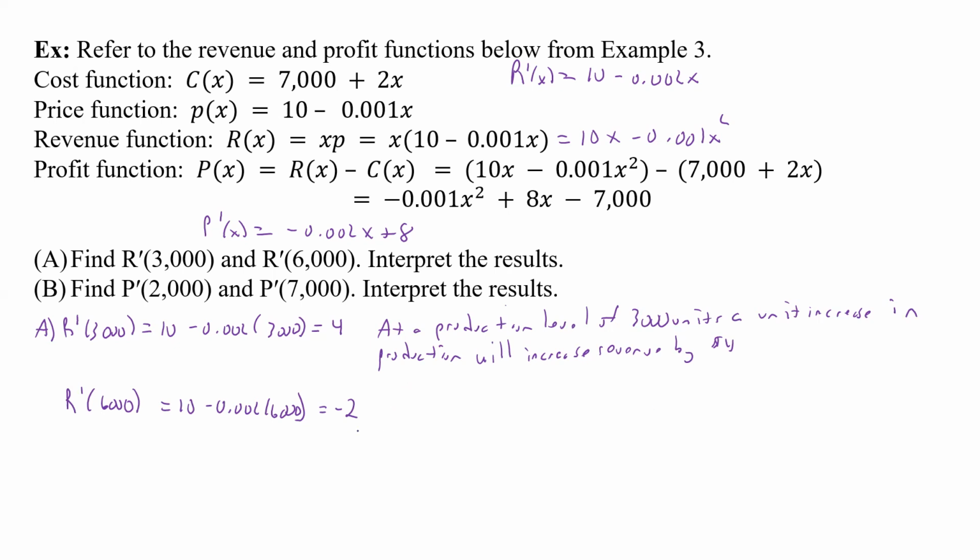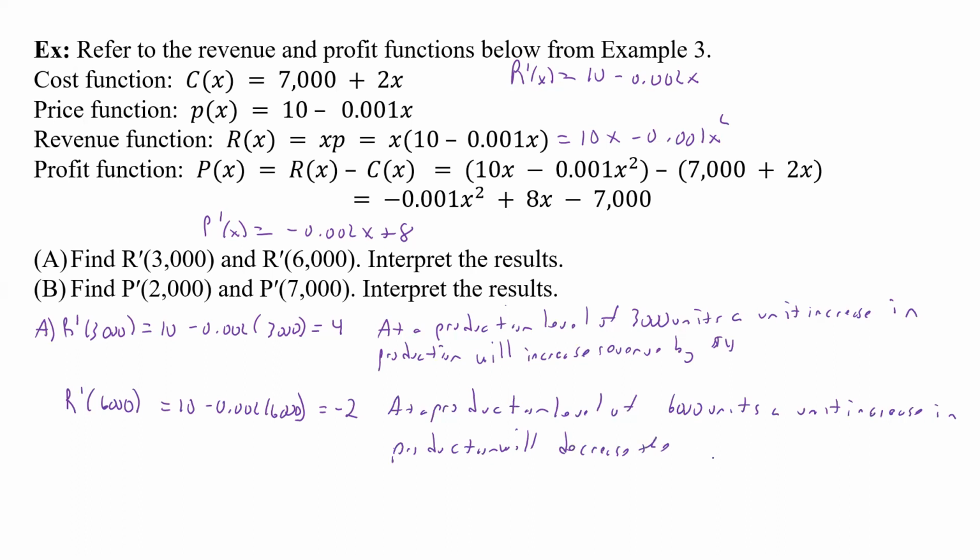And now all that's going to be the same, except it's going to change from 3,000 to 6,000 and increase to decrease and $2. So at a production level of 6,000 units, a unit increase in production will decrease the revenue